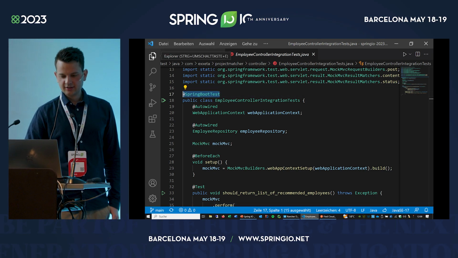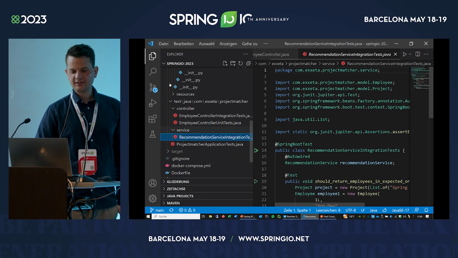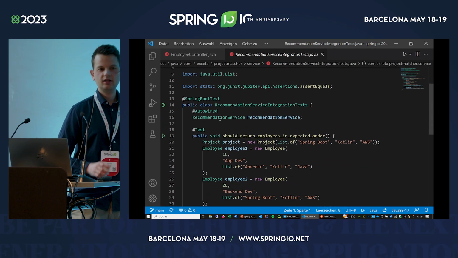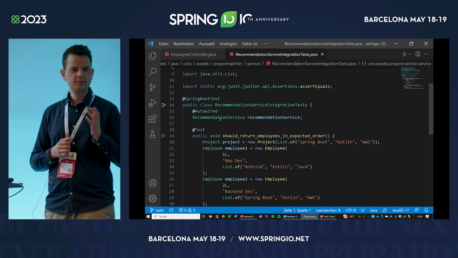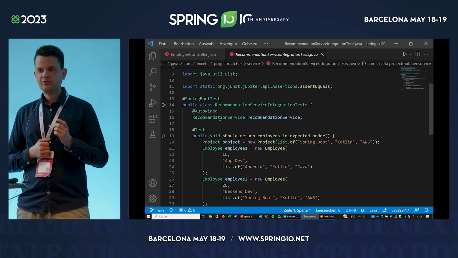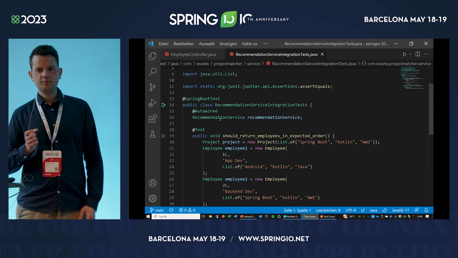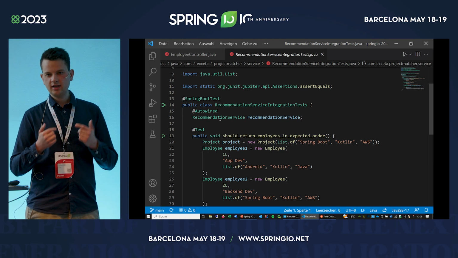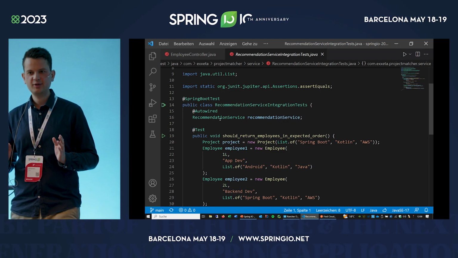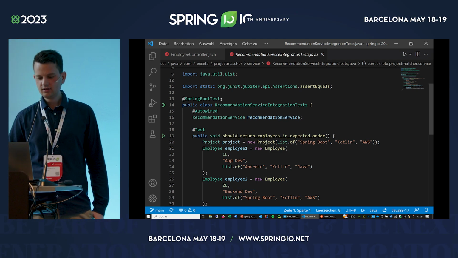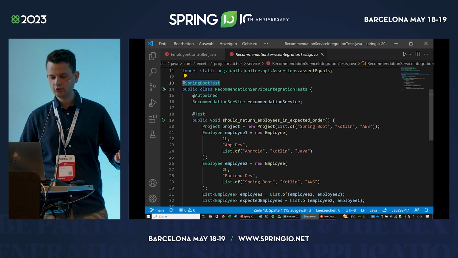More interesting are the tests of our service. And here I'm recommending not to write unit tests. You should write every unit test as an integration test. It's possible, for example, to use unit tests in Python to test the implementation, but because we are importing the Java models in our Python code, it's getting a bit complicated, so you can do it, but you will have a bit of overhead. So I would recommend to just write Spring Boot integration tests, and so you can auto-wire the